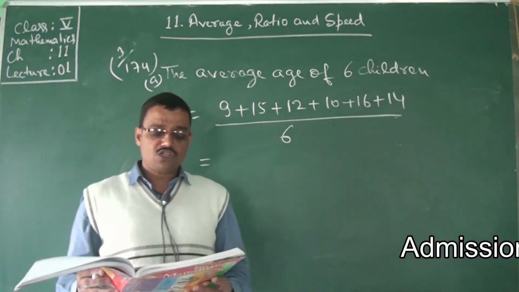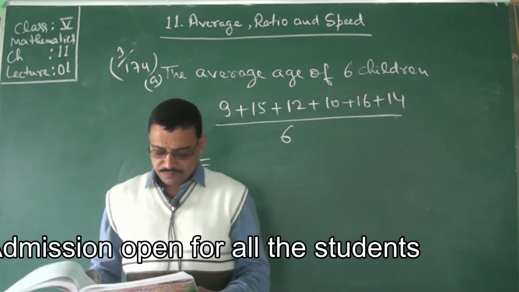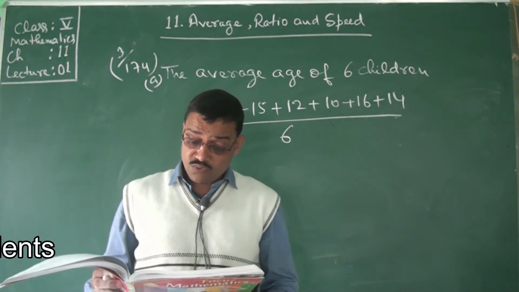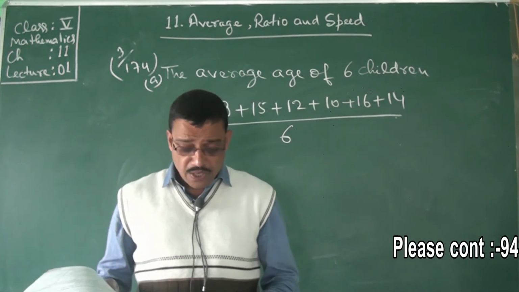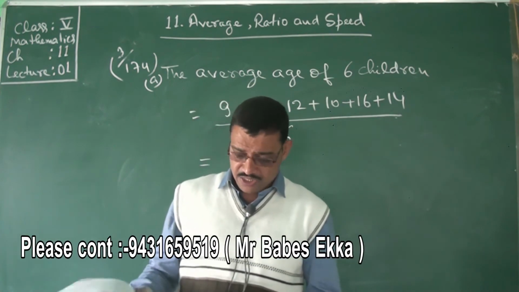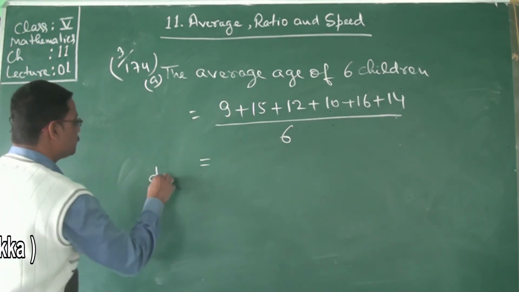Now find the average of even and odd numbers between 10 and 24. Find the average of even and odd numbers between 10 and 24 separately. Also find which of the averages is smaller. Now come to the D number. To solve this D number,